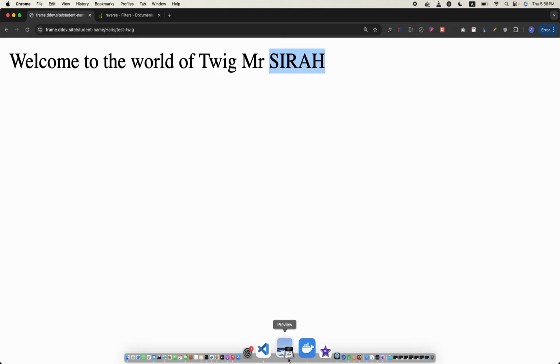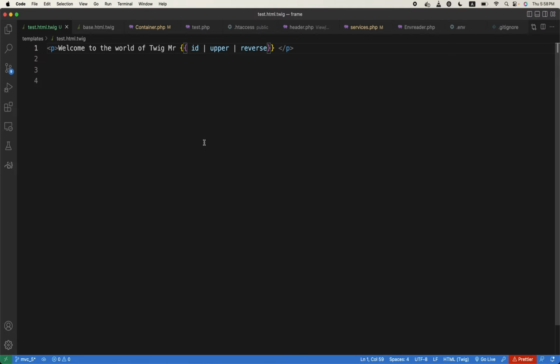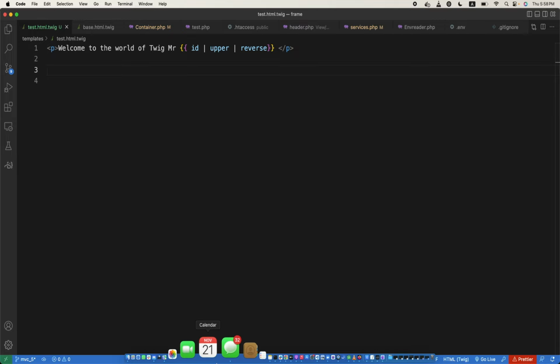So what does this mean in PHP? What would you do? First strtoupper and then reverse. So you can just go to the documentation and use Twig like this. Another thing is,